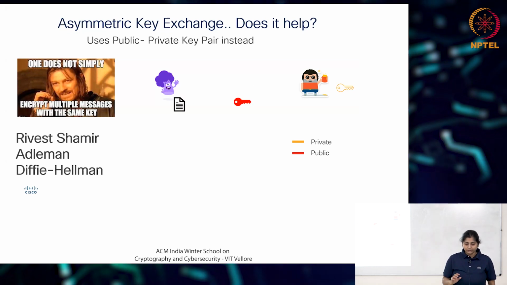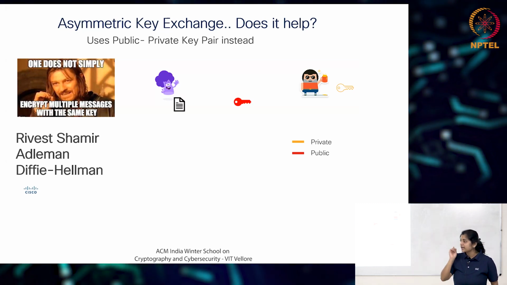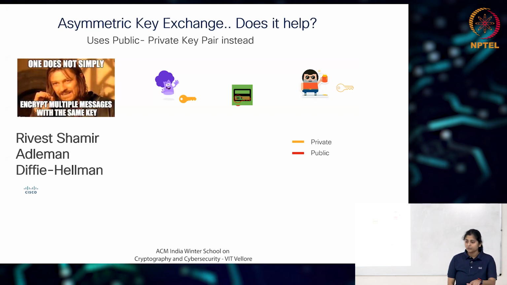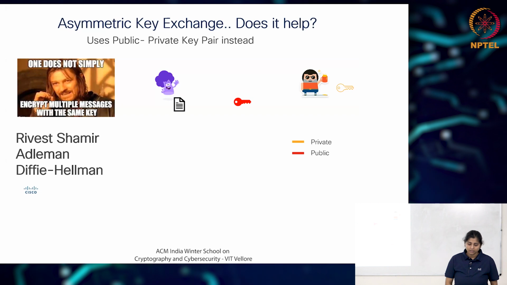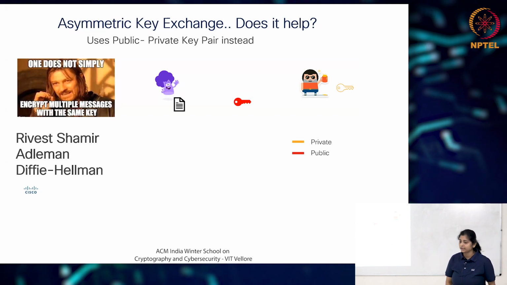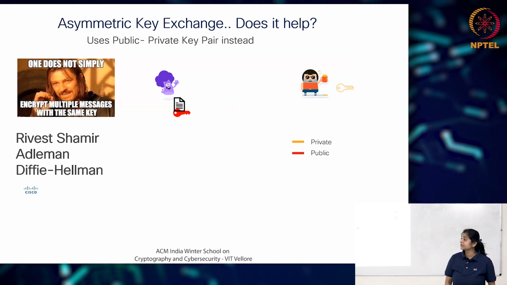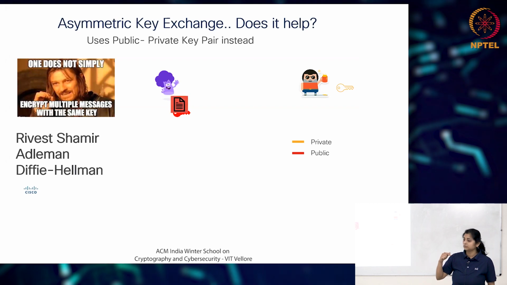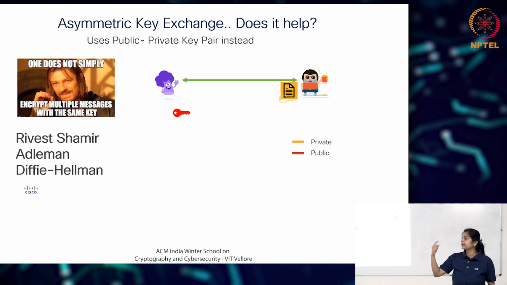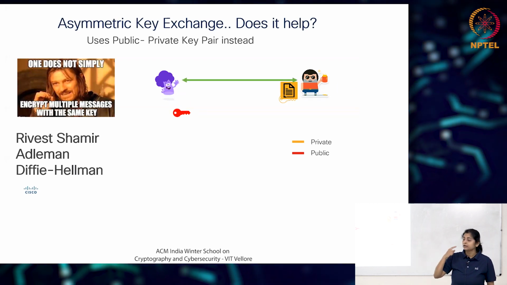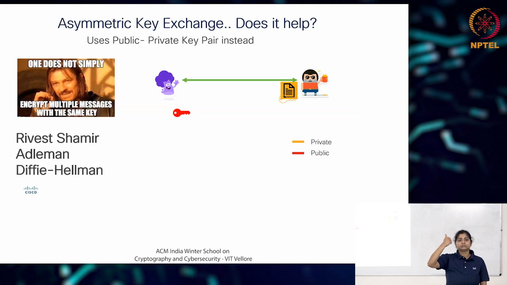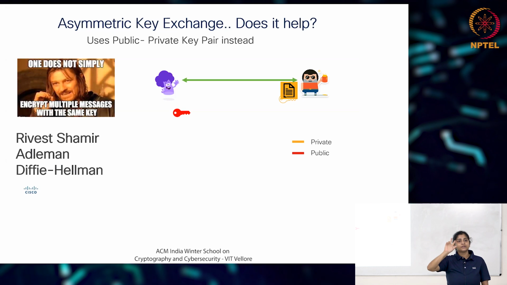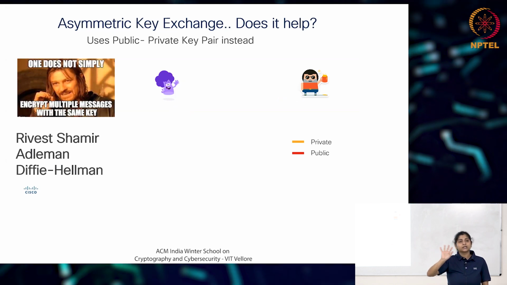So just to continue this, if you had an identity, you use the public key. If you have a document or data you want to send, you use their public key so that they can get the document and they can decrypt using their private key. Okay, this is a big confusion, so make sure you understand this.